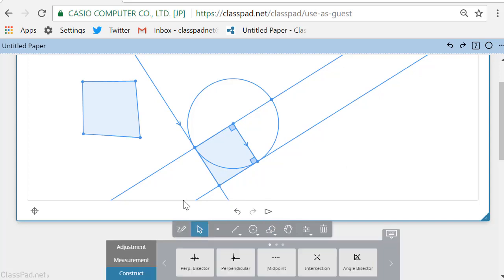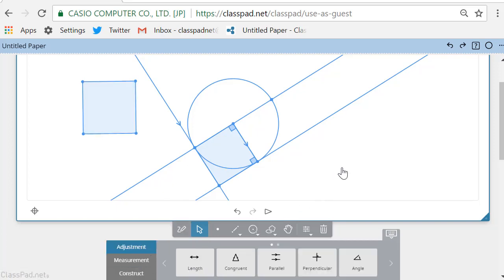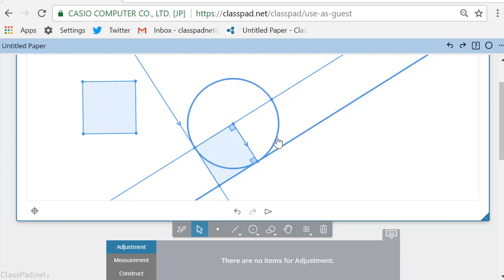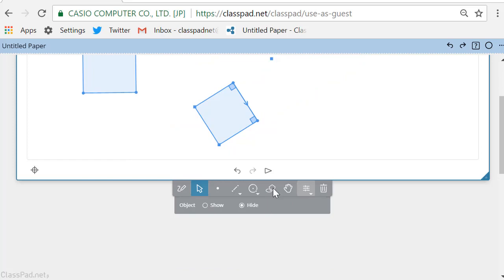So there's my square, and if I adjust this original one back to being regular, right, I have two things that look like squares. I may want to hide a lot of things, so why don't we just do that? You can hide the constructions that you used, all these things. I don't actually need them anymore because I have my polygons, so I'm going to hide them. I selected them, and now I'm just going to hide all those things I selected. So there is, and I forgot a point, but that's okay.